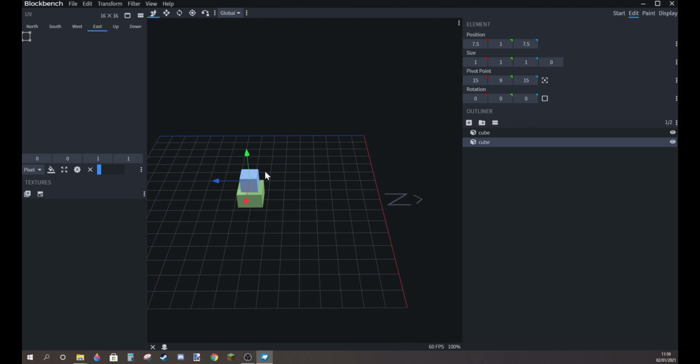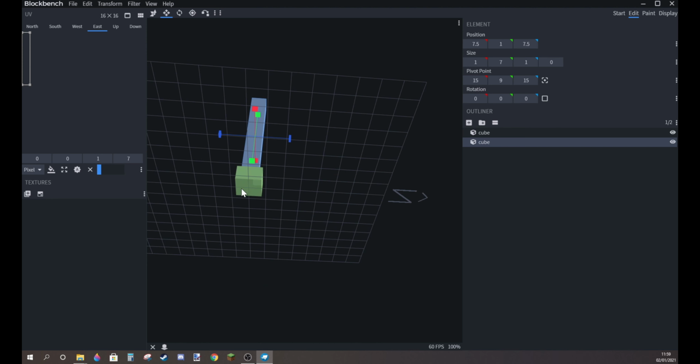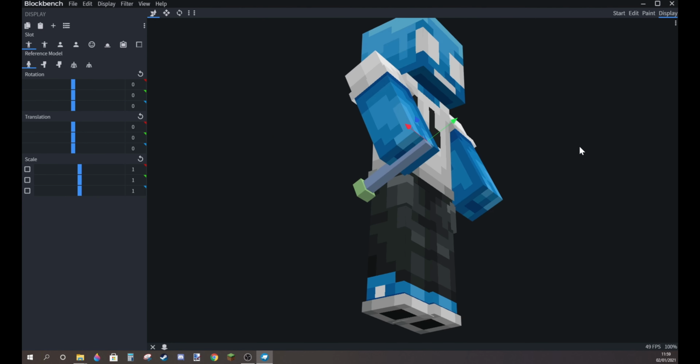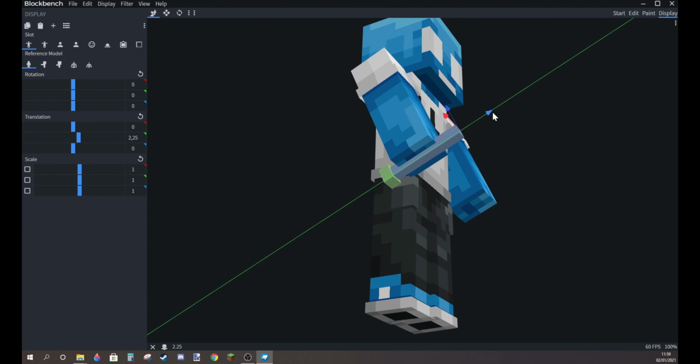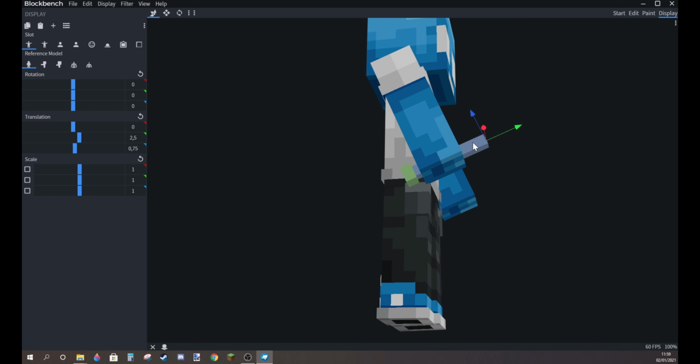And then you could just hold, then you can press space, and then it keeps it in this part, and so I just drag it up. Make sure there's no Z fade. And then what I like to do is go to display and always check how big the handle is going to be. So I want it to be like here, like that about, or a bit more like that,